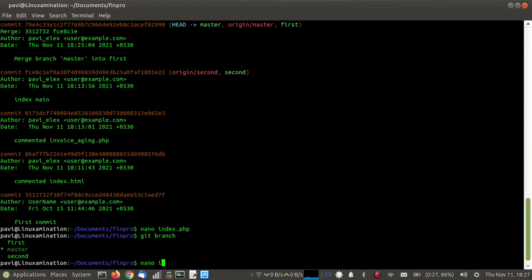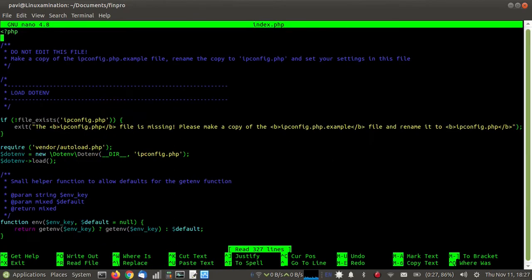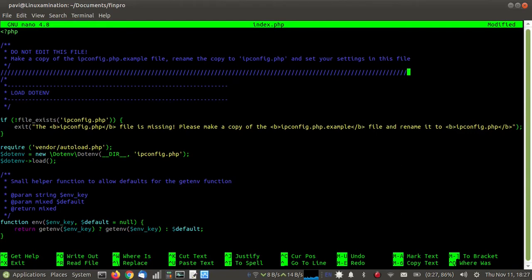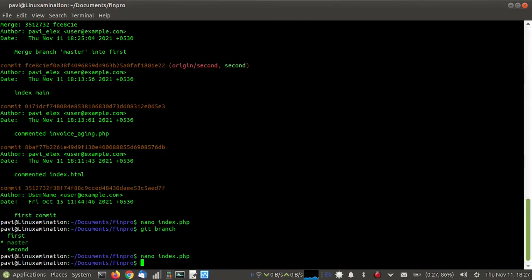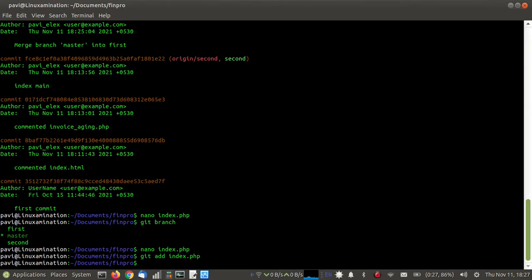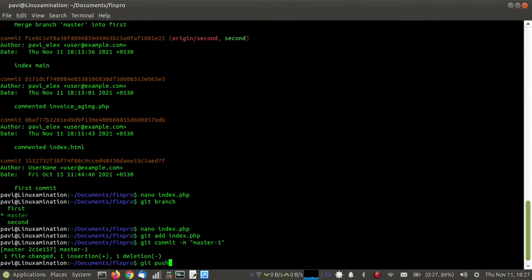So this is my index file and I'm adding this comment line here. Now I'm going to add this file, commit this file, and push this file.